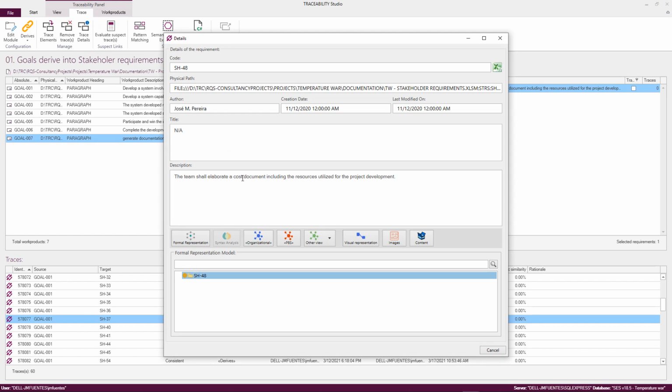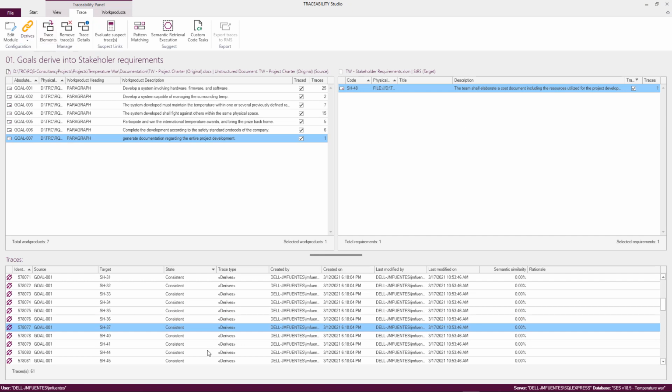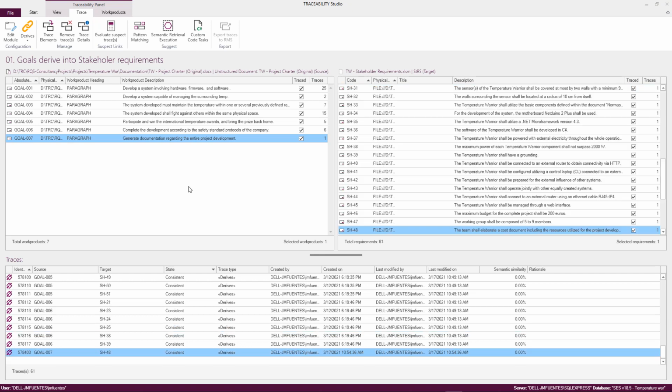The team shall elaborate a cost document including the resources utilized in the project development. So if you consider that these two have to be linking to or tracing two elements, it is as simple as selecting the source, selecting the target, establishing the type. In this particular case I have only one type, and I click on trace these two elements, and now the trace is created, right? So let's move forward and see the